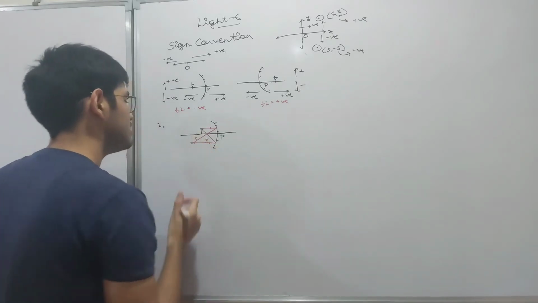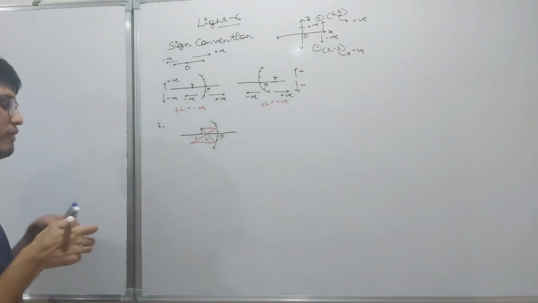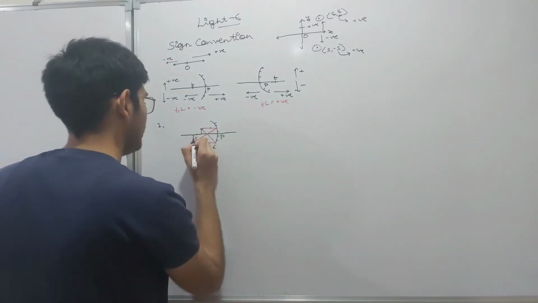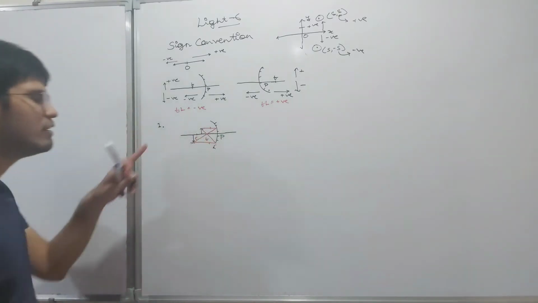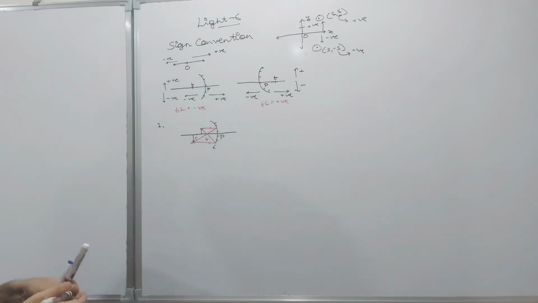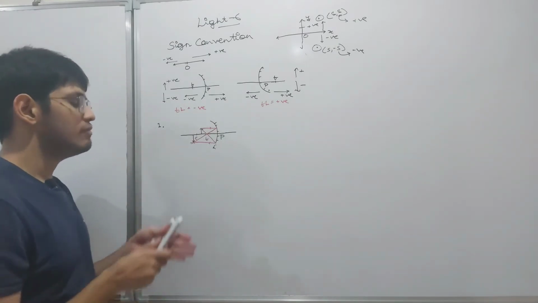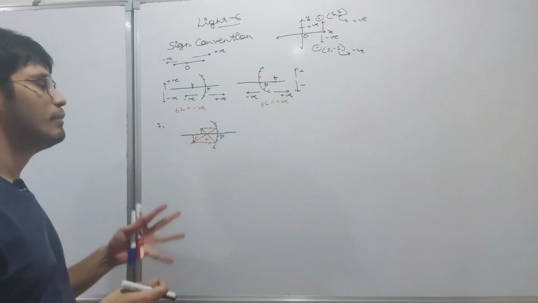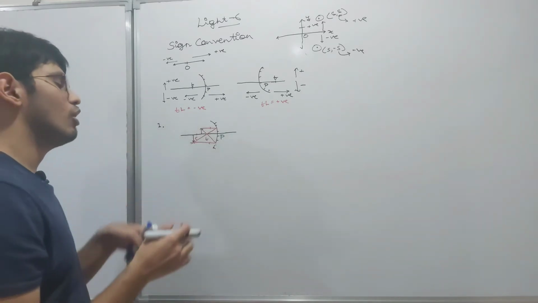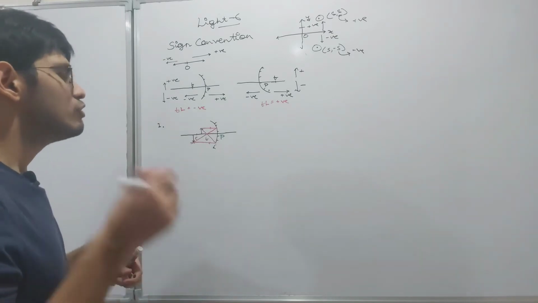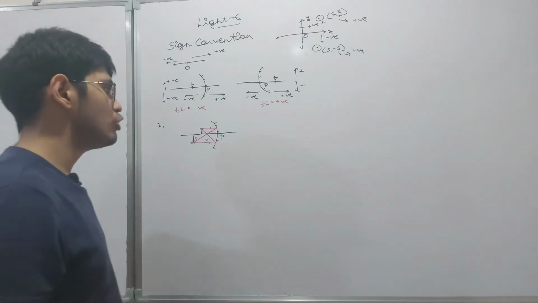The image that we are going to get is formed over here. Now can you tell about the height of the image? First we have to understand what the height of the image, the height of the object, the distance of the object, and the distance of the image are. I am just briefing you about it.